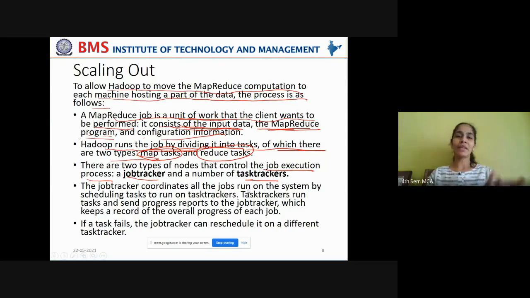Job tracker is like the team leader and task trackers are like the team members. The job tracker coordinates all the jobs run on the system by scheduling tasks to run on task trackers. What is the job tracker's responsibility? It will coordinate what all jobs have to be run on the system by assigning them to various task trackers.